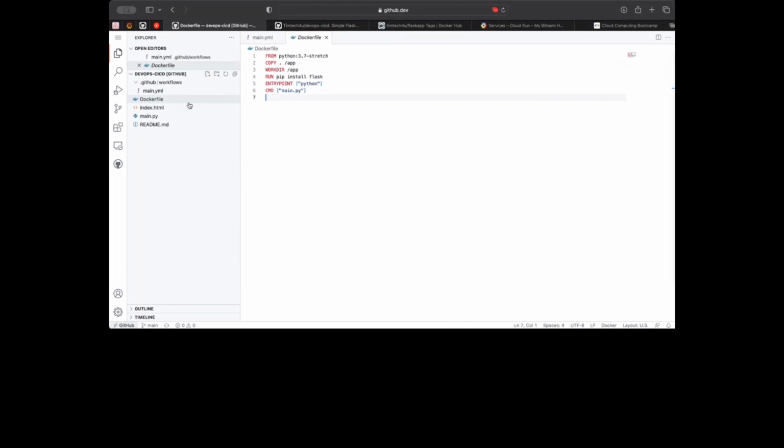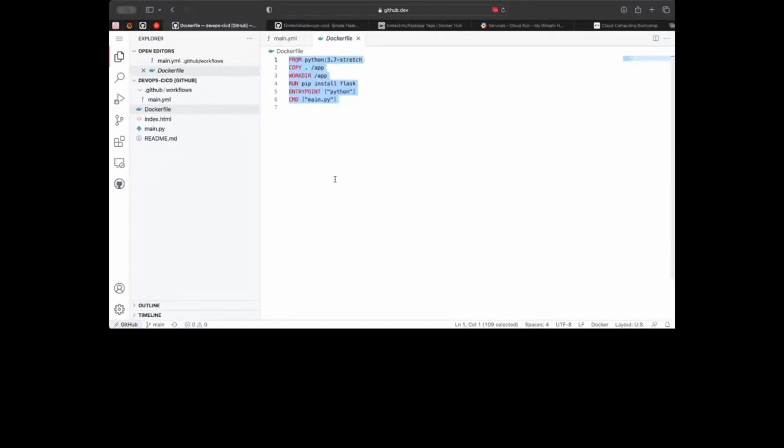So the first thing I want to talk about here is the Dockerfile. We have talked about microservices, cloud native applications, and containers, and this is what a typical Dockerfile looks like, which you use to create your container eventually. Because I have a Python application, like in the image I showed you earlier, that we are trying to build and deploy to Google Cloud, the first thing I have in my Dockerfile